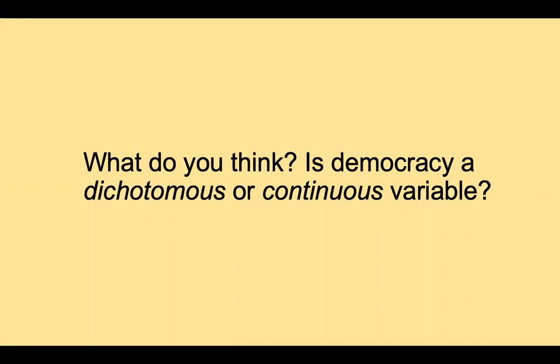I would view it more as a continuous variable or a continuous factor. If you look at the United States, we regard it as wholly democratic, but there are circumstances, in terms of allowing the population to vote, where a good number of citizens in America don't actually get the opportunity to do that, but we still regard it as a democratic nation. And you look at places like Russia, which is largely authoritarian, but you still kind of view it as democratic due to it being a capitalistic system. So I think there are different levels.